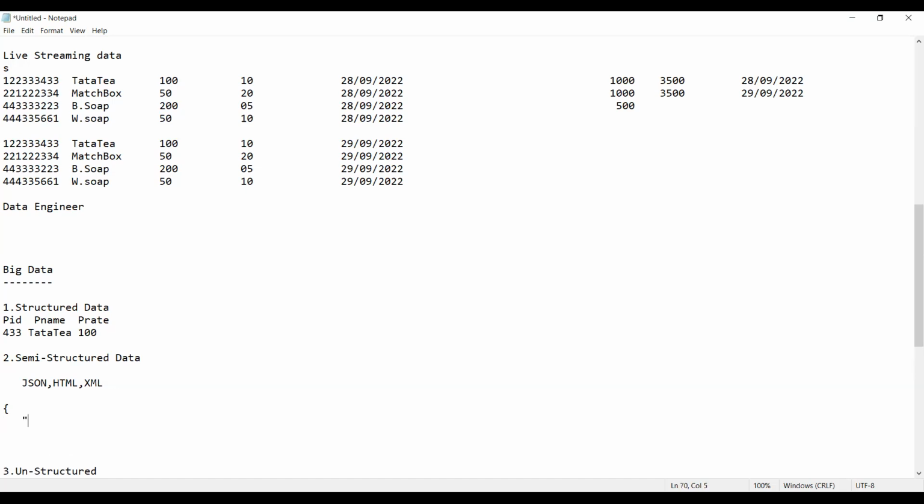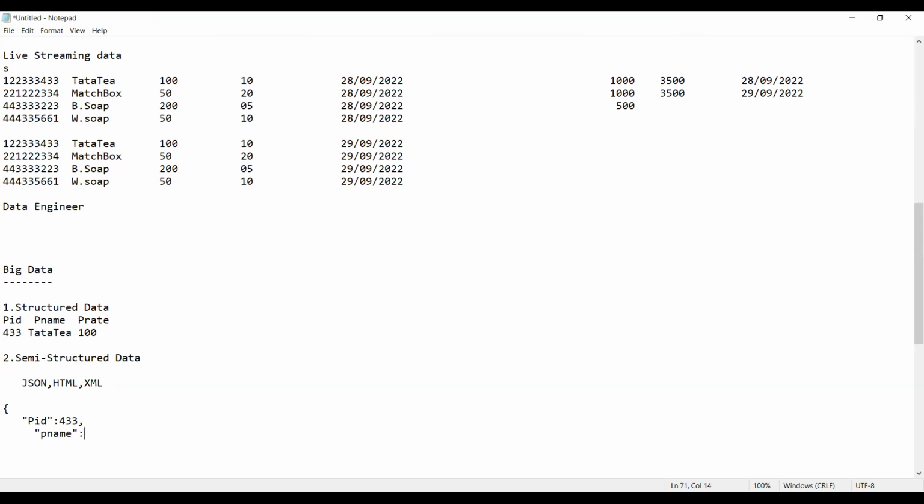So the data will be recorded like this. PID is 433, comma. Again, you will have P name, that is product name. Then you'll have the colon. What is the value?